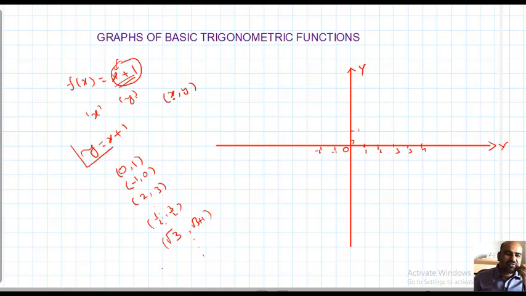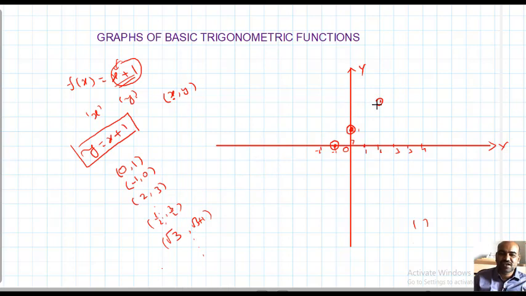Now the meaning of the graph of y equals x plus 1. These are the solutions. Already we know that on the coordinate plane every ordered pair corresponds to a dot and vice versa. For every ordered pair there is a dot on the coordinate plane, and for every dot there is an ordered pair. For example, 0 comma 1 is somewhere here. Minus 1 comma 0 is somewhere here. 2 comma 3: this is 1, 2, 3, so 2 comma 3 is here. Like that you take all the solutions, and you get infinitely many solutions.